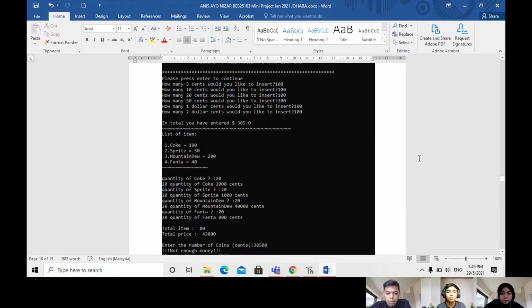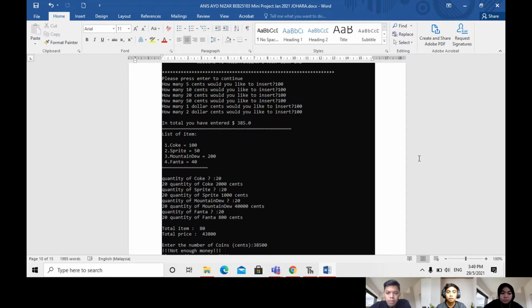Then after we press enter, it will ask how many 5 cent would you like to insert. So here we insert 100, and for 10 cent we also insert 100, for 20 cent also 100, 50 cent also 100, $1 also 100, and $2 also 100.